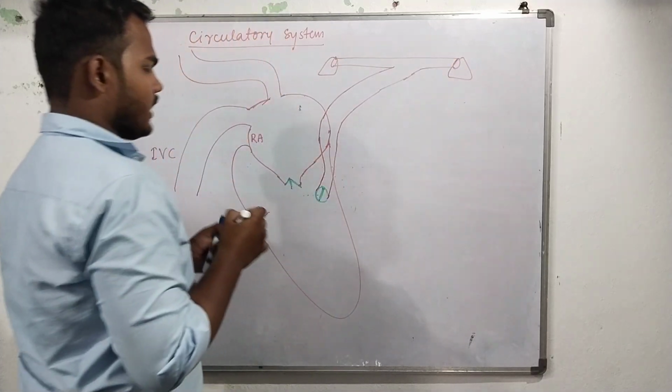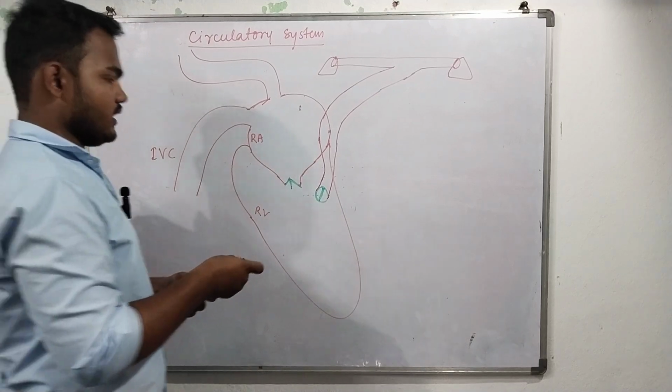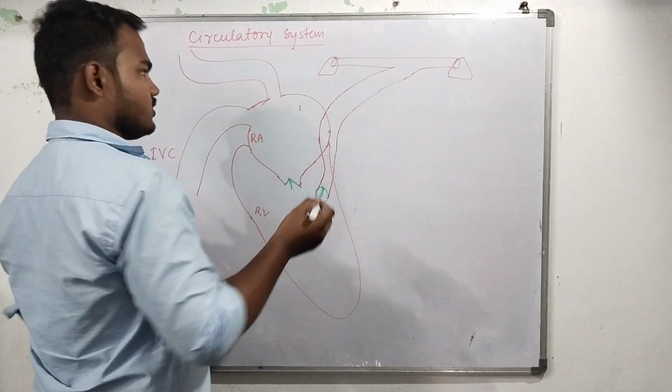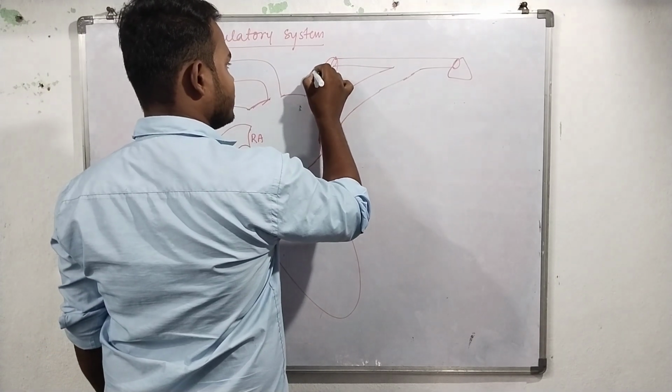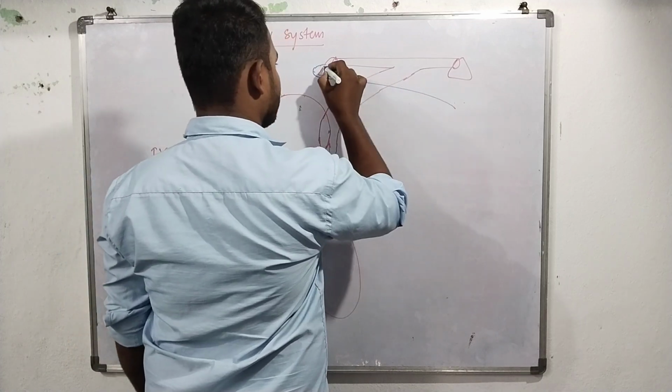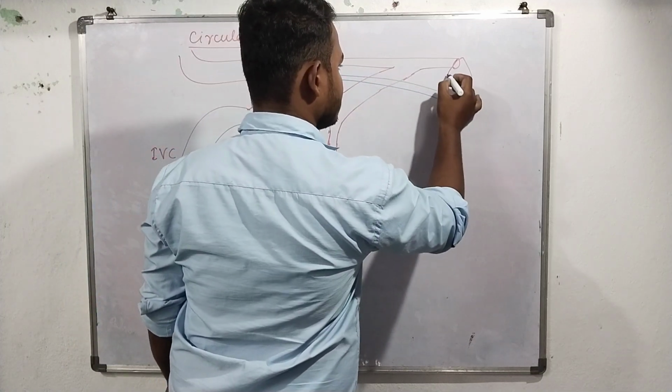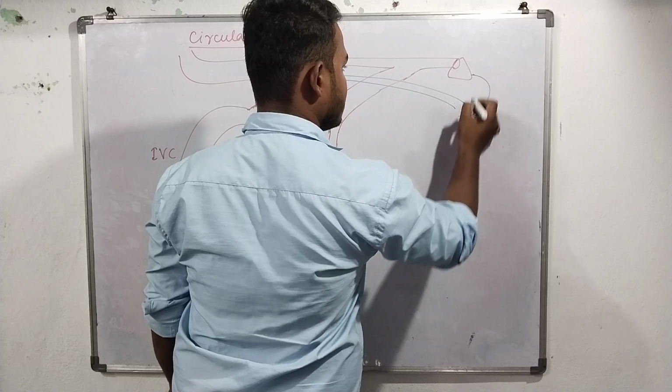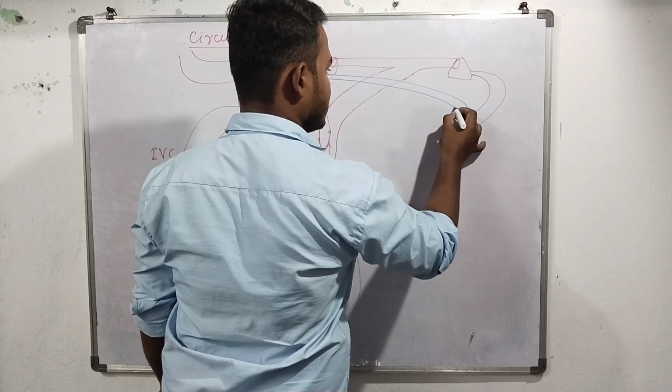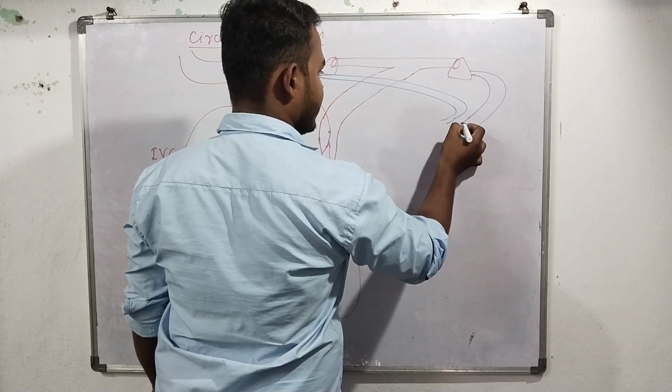These are the lungs, and from the lungs the blood returns, that is oxygenated. The blood which returns from both the lungs is drained into